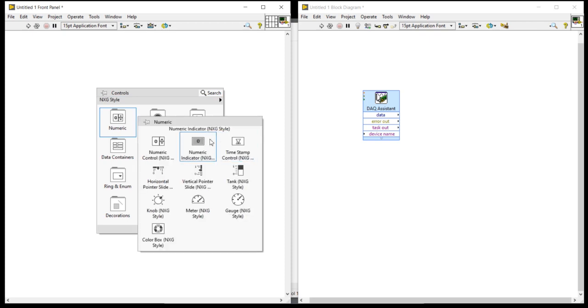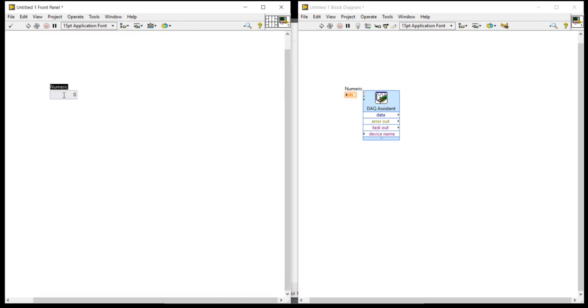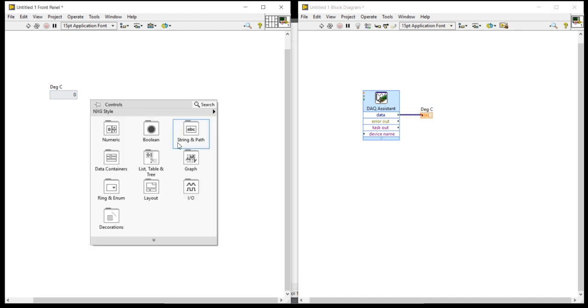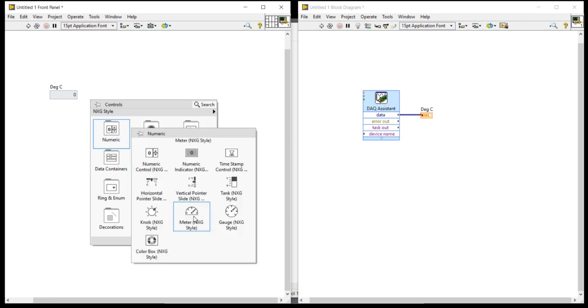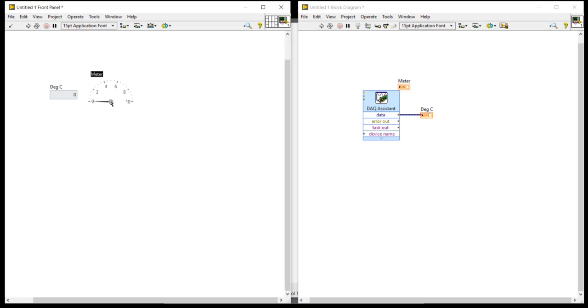Because here I want to display the temperatures, I can take a numeric indicator and write here degree centigrade. Either I can take this one, and I can set the range from minus 100 to 100.